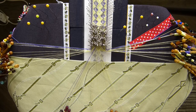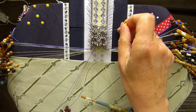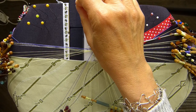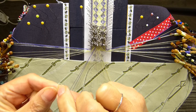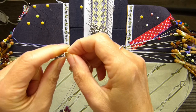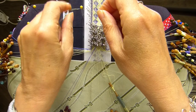Okay, so what I need to do is I need to join this bobbin and that bobbin together so that we're running with two threads. So the first thing I'm going to do is to put a pin up, and I'm going to tie a knot in my thread. I use a clove hitch, but you can tie any sort of knot you like as long as it's secure. Over the pin, pull it tight,